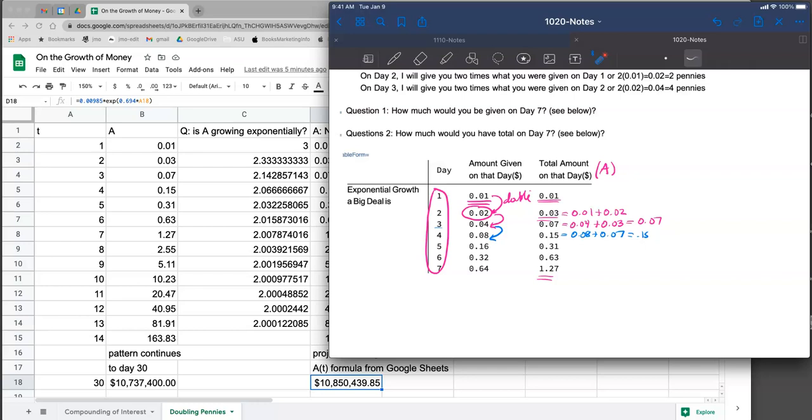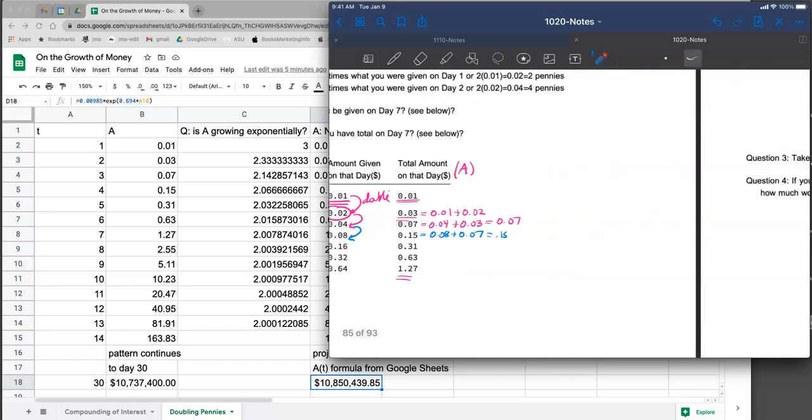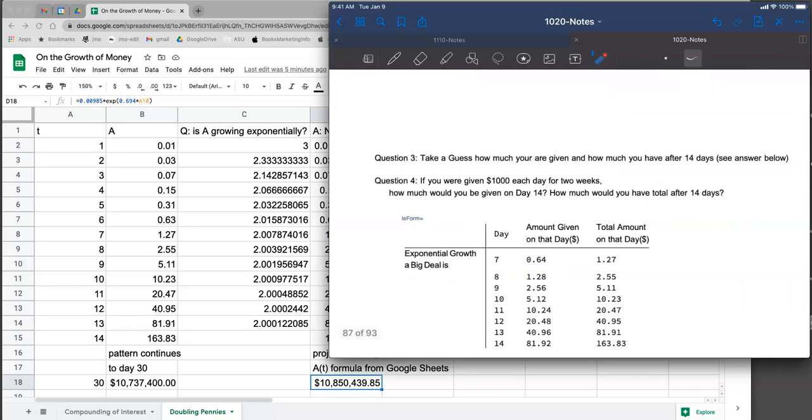We were asking which option would you rather take? This doubling process added to the previous amount of days, or would you rather take $100,000 per day for 30 days, which would give you $3 million? Which would you prefer? We talked about in class and looked at in a previous video the amount of money that you would have on day 7